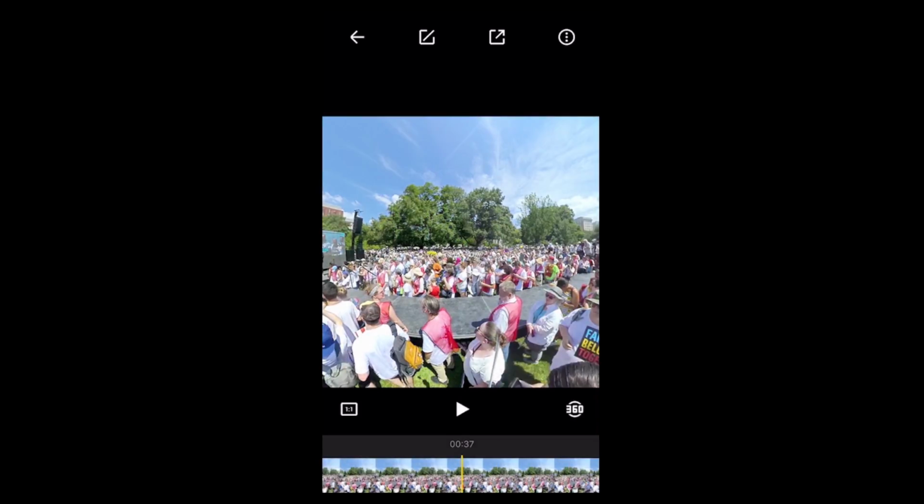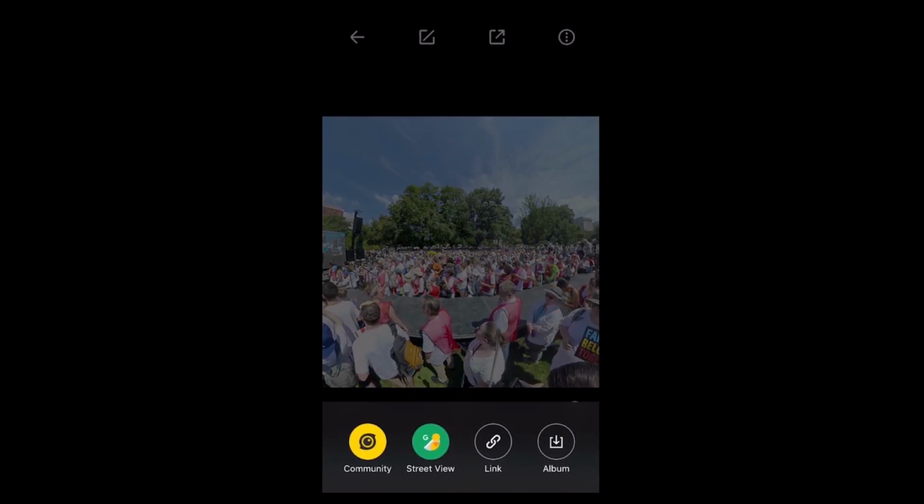And next to that is Share. The community will basically upload your pic or video onto Insta360's website. The Google Street View, which will location tag the footage and send it to Google Street View app. Link, as far as I can tell, also uploads it onto the Insta360 community, but converts it to an easy shareable link. And the most crucial one that you're going to want to know is Album, because Album will allow